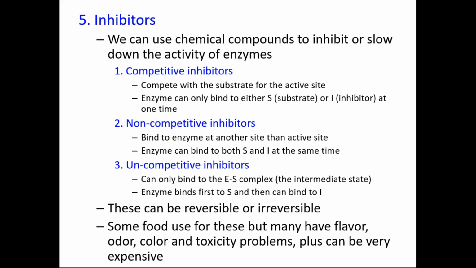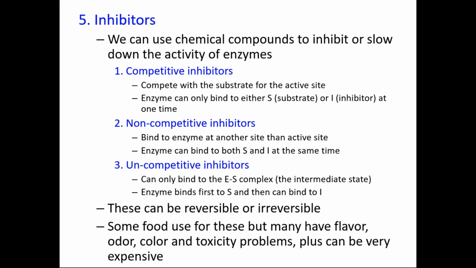For example, when you cut an apple or a potato, it becomes brown immediately. That is because the enzyme polyphenol oxidase has caused the browning. Now, to prevent the browning, you can remove one of the substrates. For example, oxygen is a substrate, so you can put it into water to remove the oxygen, or you can add sodium chloride, which is an inhibitor of polyphenol oxidase, or you can add citric acid, which is also an inhibitor of polyphenol oxidase. So different inhibitors can be added.